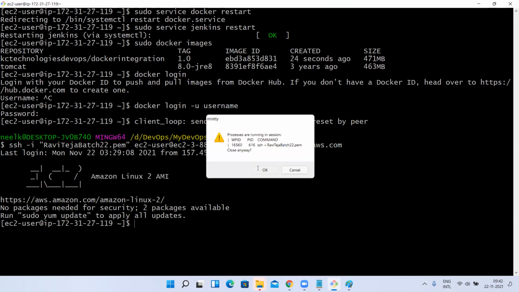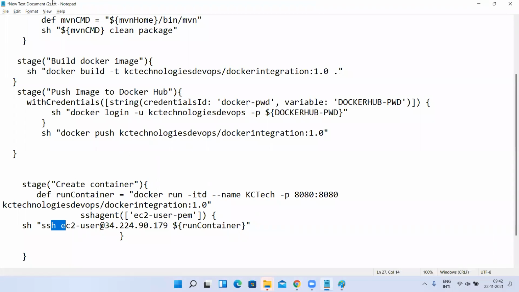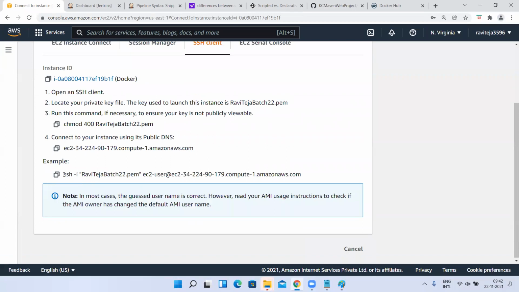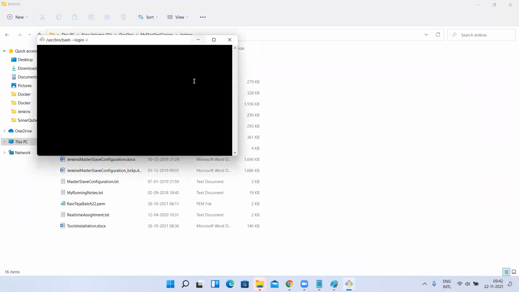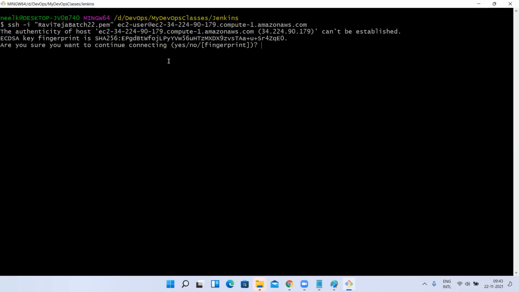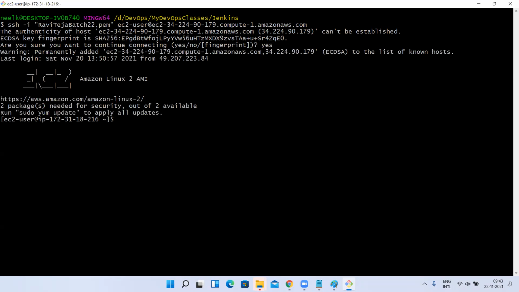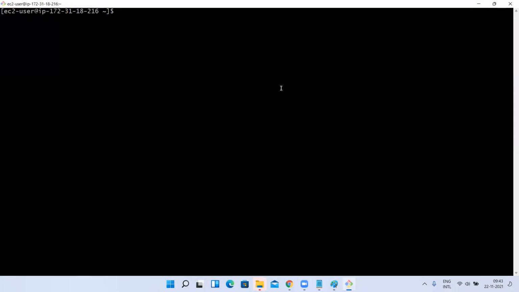For example, let me show you this again. I'm closing my terminal. I'll try to connect to this instance. I'll use a new terminal. See, observe here. It is asking for yes or no. I am a human, I know this is asking a question, so I have to enter yes here. Next time it will not ask in the same terminal. That is a different scenario. But I'm a human, I know it is asking for yes or no.